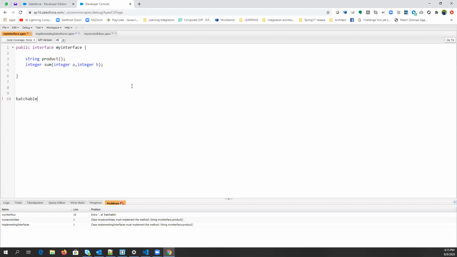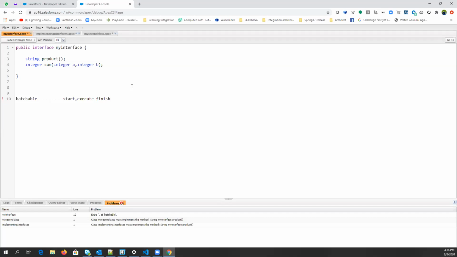For implementation of a batch class, you need to implement an interface called batchable. This batchable interface has three methods: start, execute, and finish. Everyone who is implementing the batchable interface needs to implement these three methods.